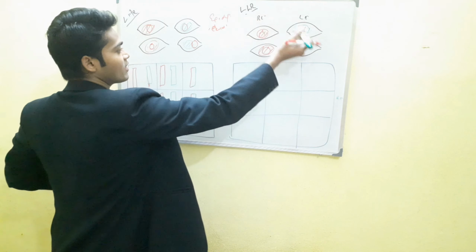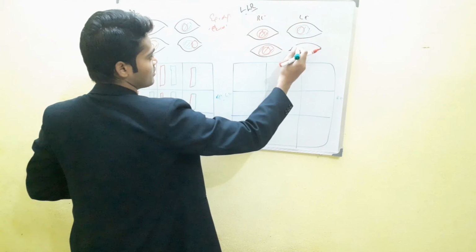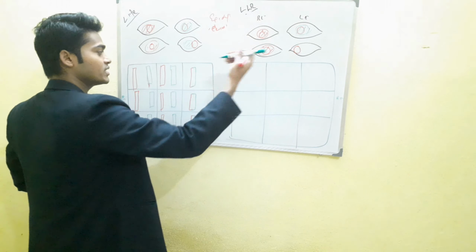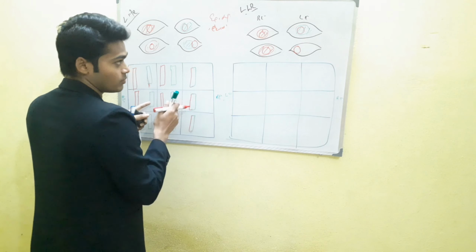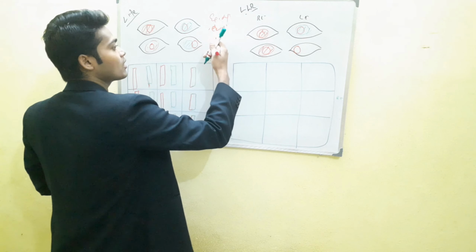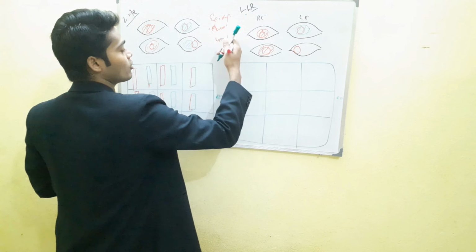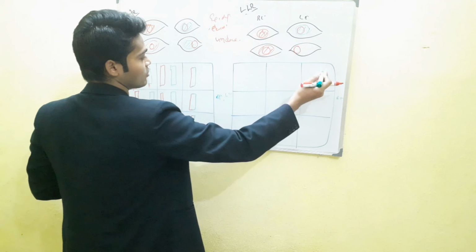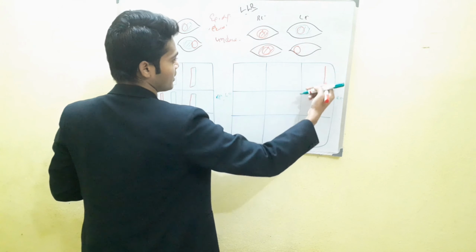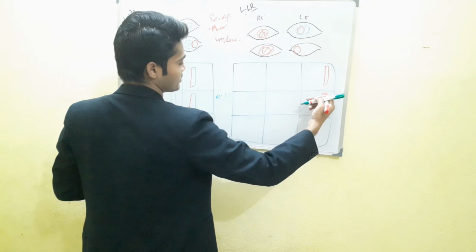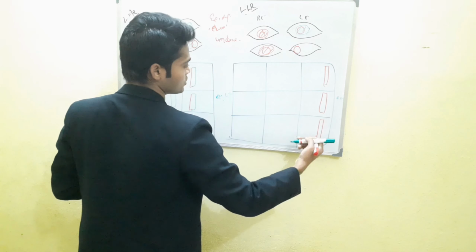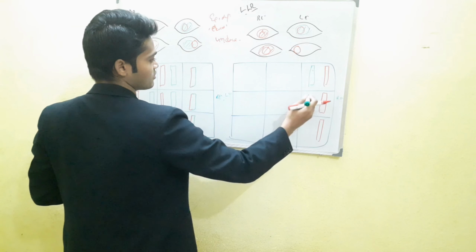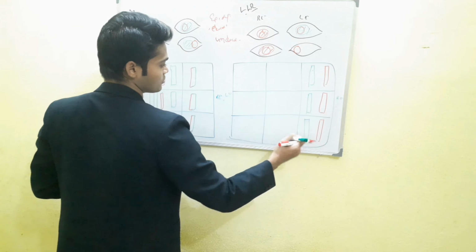Now if the lateral rectus muscle is affected, the eye goes in the inward direction. If the eye goes inward, just opposite of this part, the image is uncrossed. So what will happen? If the image is uncrossed, the right side image stays on the right side. The red image maintains its own shape, and the green image, which is on the left side, is unchanged because it is uncrossed, so this side.